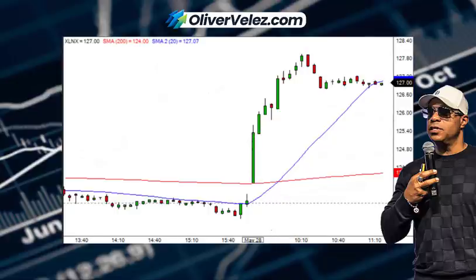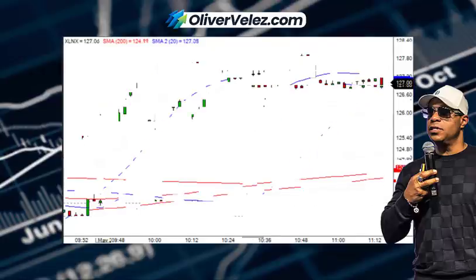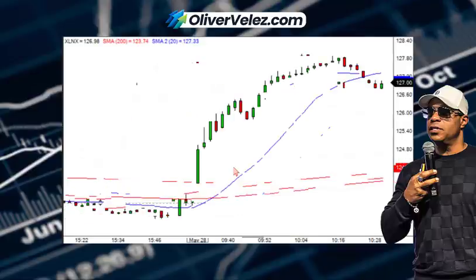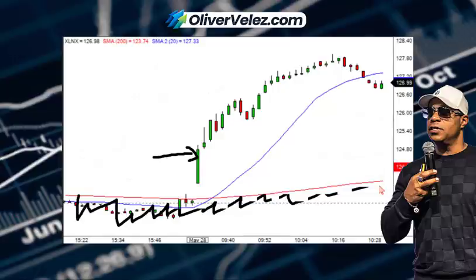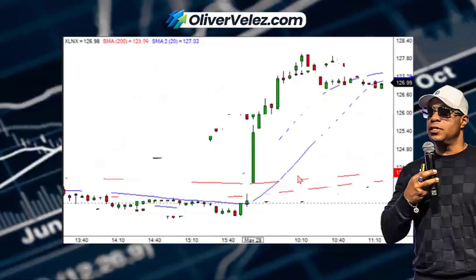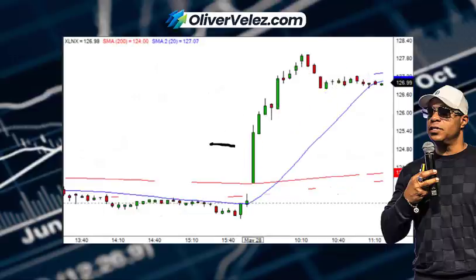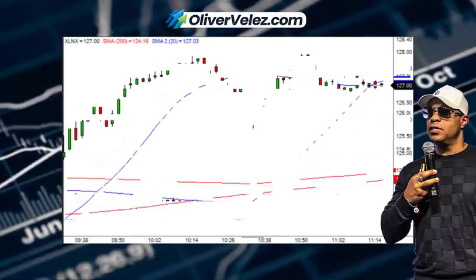But I loved this. This is the 2-minute, all right? But I loved it even more because of where it was originating off of the 5-minute. Now, the 2-minute's powerful too. All right, beautiful, solid elephant bar. Beautiful position. That 5-minute where it was originating from was perfect. This would make this a heavier than normal play off of my 2-minute because of where it was originating from on the 5-minute. All right, so I threw that out there.